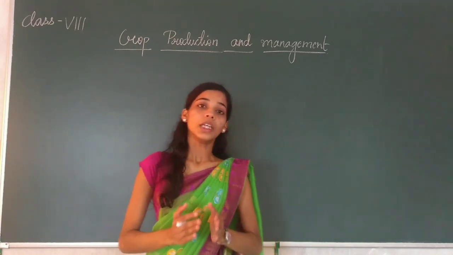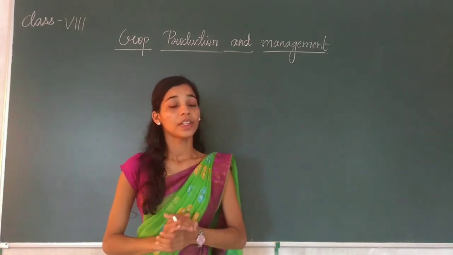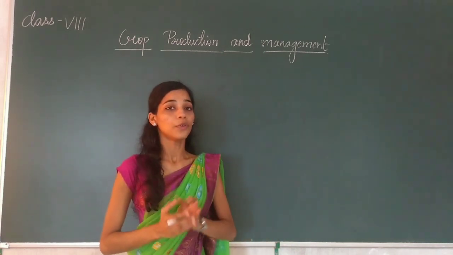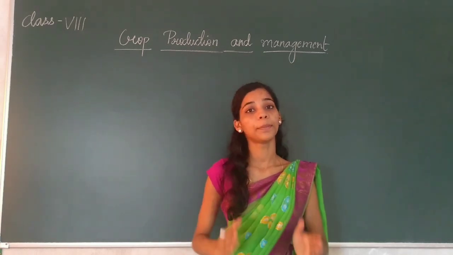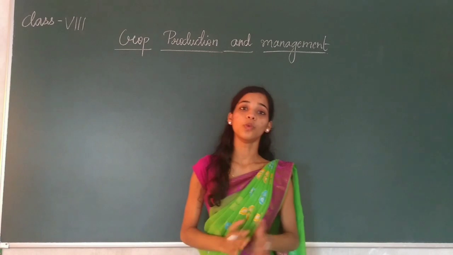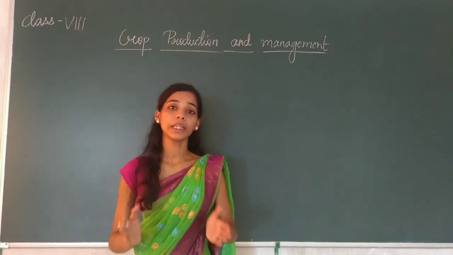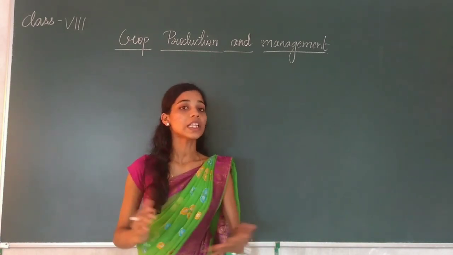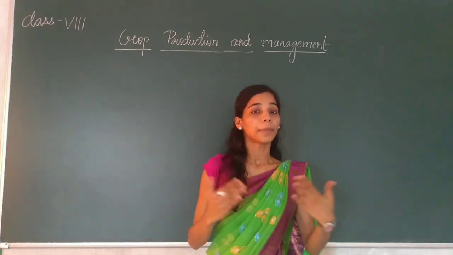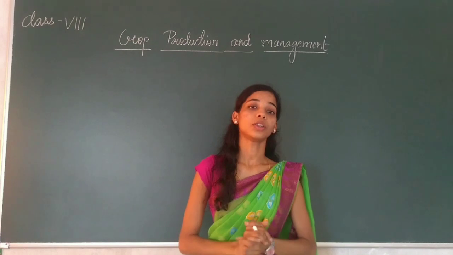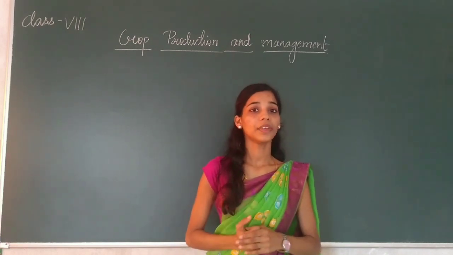Okay? So, if you look around yourself, there are so many people around you. In India we have about 1.3 billion people, and in the whole world there are about 7.3 billion people, and all these people need food. How are we able to provide food to all the people present on the earth? How can we do that?